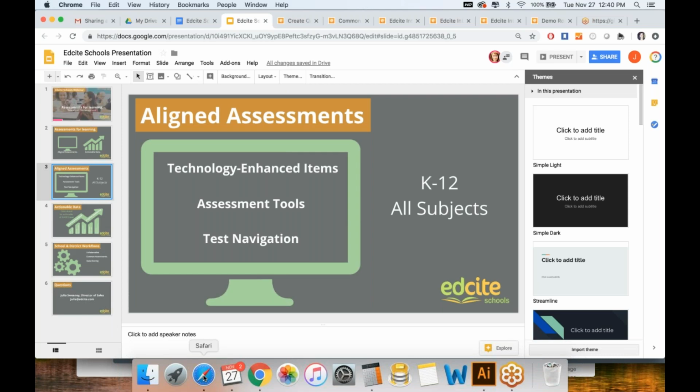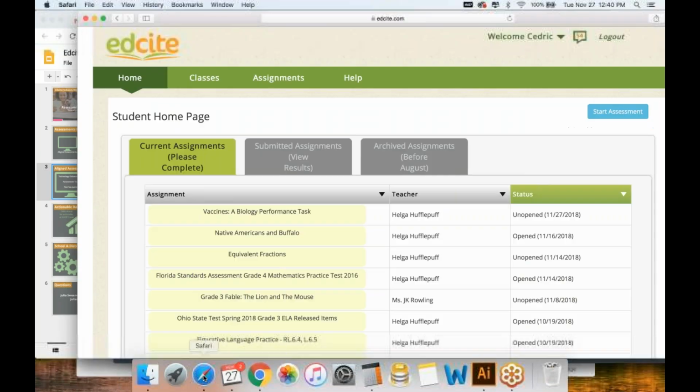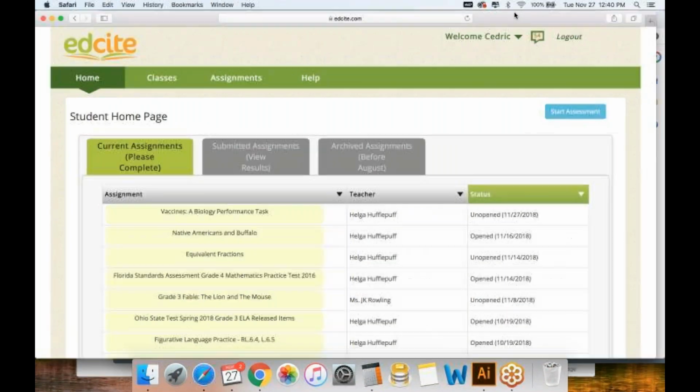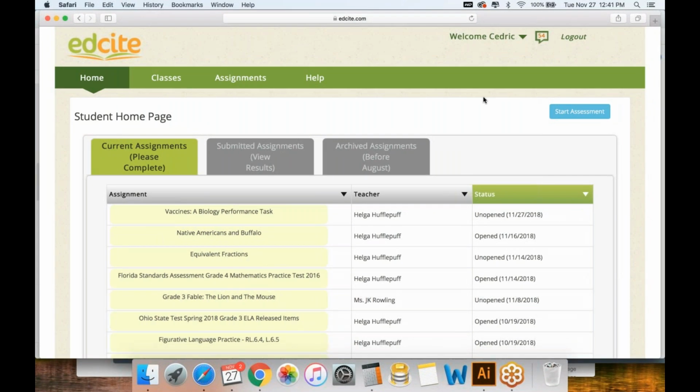If you are in Missouri, where you've got a different assessment for your elementary students than you do for your high school students, we have the capability to make it look and feel like that state test for the relevant grade level. So just to kind of showcase that, I'm going to go in as my lovely demo, Cedric Diggory.